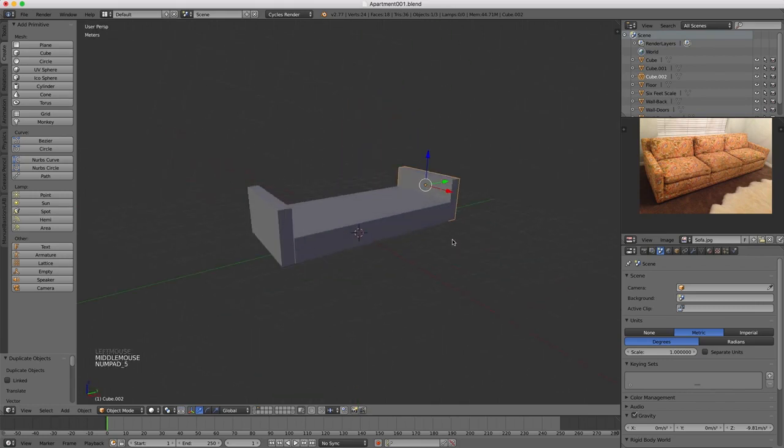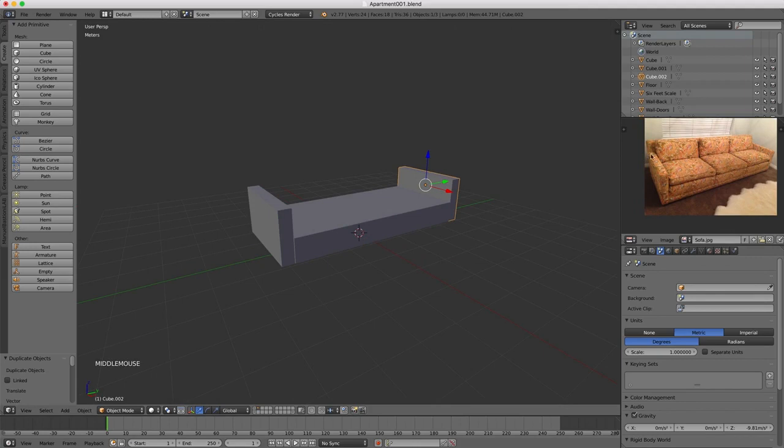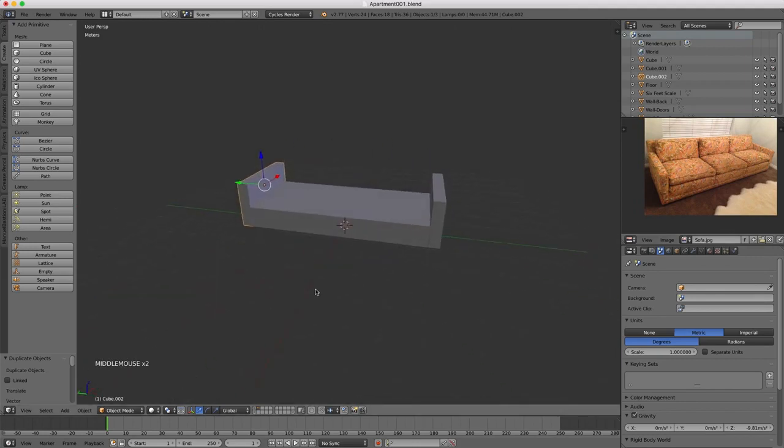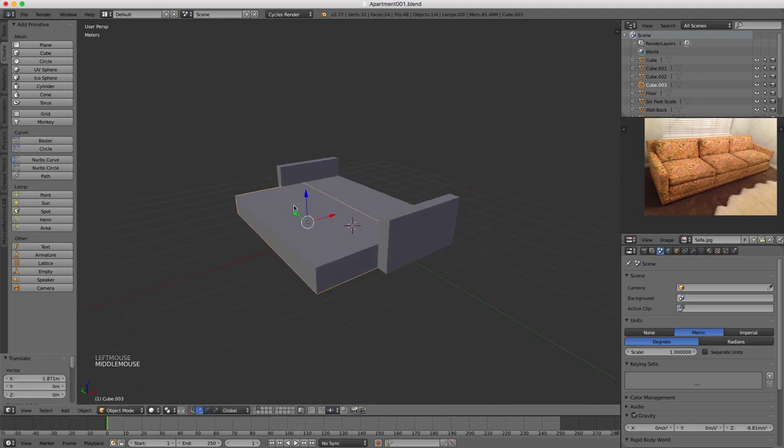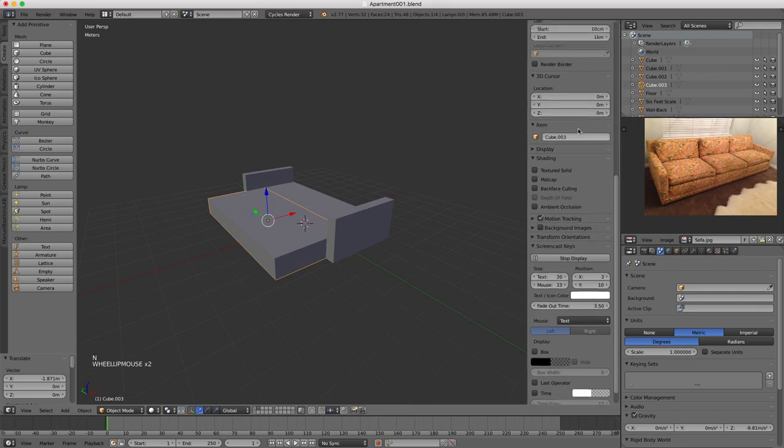All right. Now we need to work on that back part. It's kind of hard to see what's going on back there, but I think what I'll do is just grab this and press Shift D to duplicate it and hit Enter to keep it where it is. And then I'm just going to move it back and rotate it around the Y axis. Now if I hit the N key, you can see up here